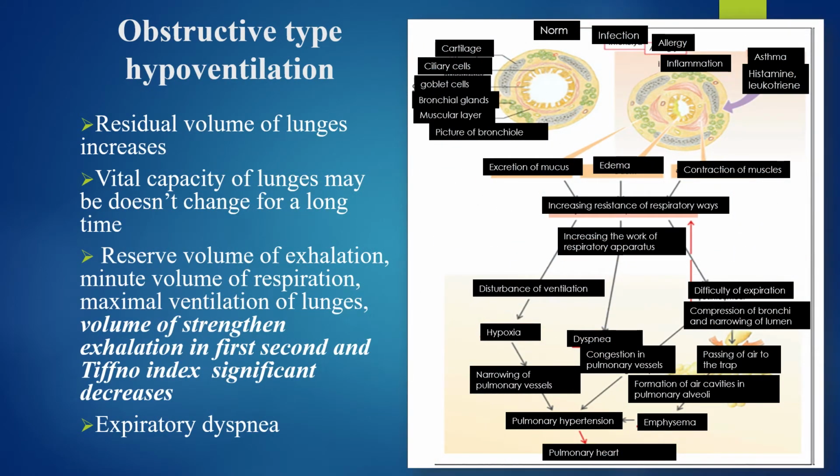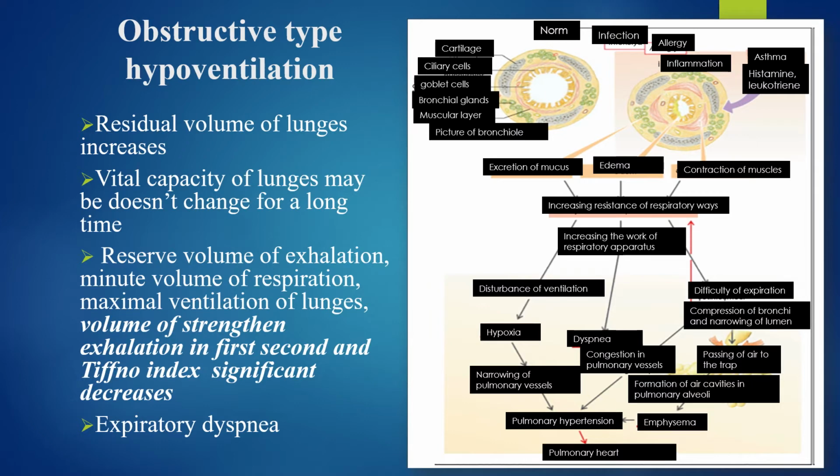The obstructive type of hypoventilation develops when there is any problem in the movement of air in the airways. The obstruction can be in both the upper and lower parts of the airways. The lumen of the upper respiratory tract can be blocked by a foreign body, various fluids, for example, water, sputum, vomit, or a tumor. In obstruction of the upper respiratory tract, inhalation, meaning inspiration, becomes difficult and inspiratory dyspnea occurs.